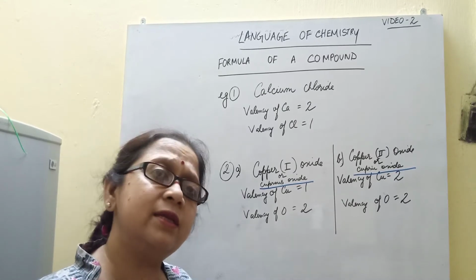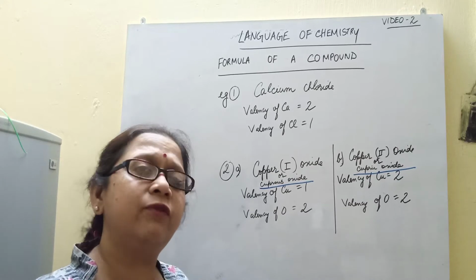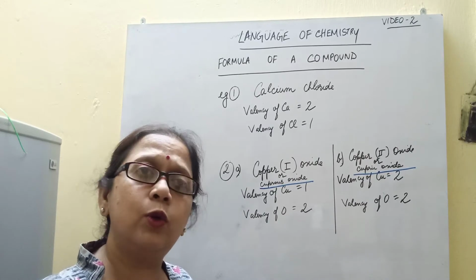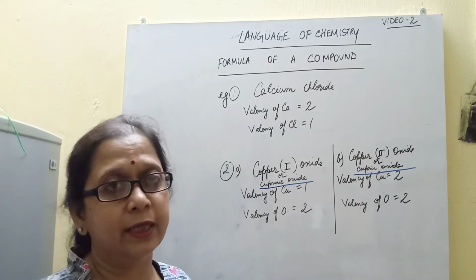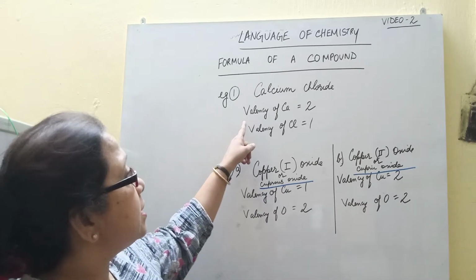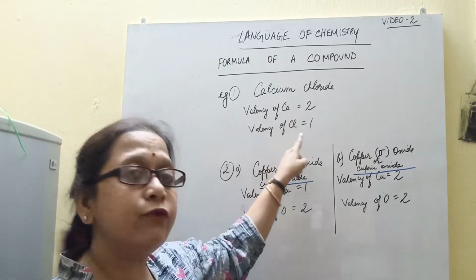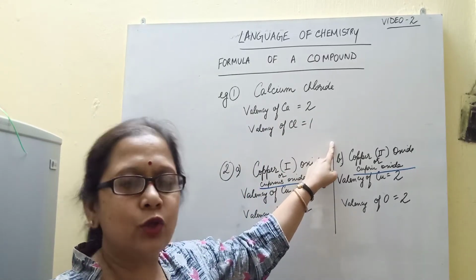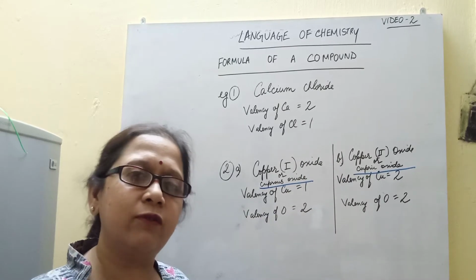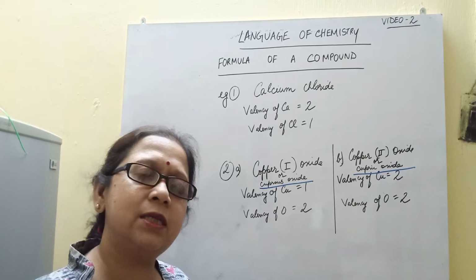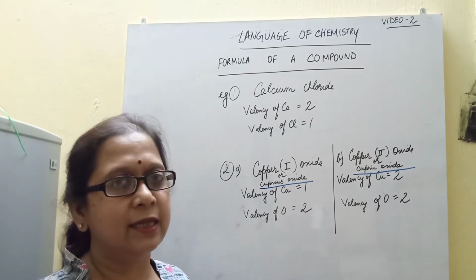So what is valency? Let us recollect the previous chapter where we had done valency. I told you valency can be defined as the combining capacity of an element. So the valency of calcium is 2, valency of fluorine is 1. Now students, there is no other way but to learn the valencies of the elements and to practice, and that is the way in which you can memorize the valencies.